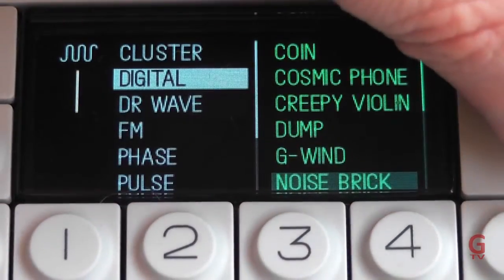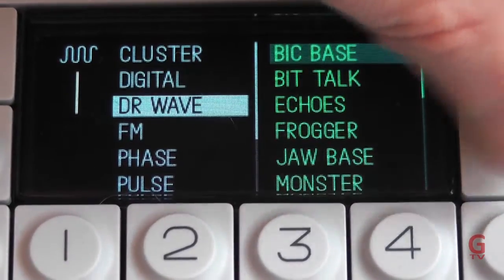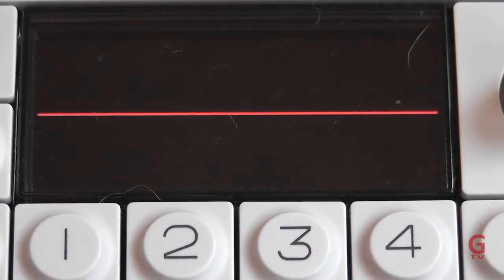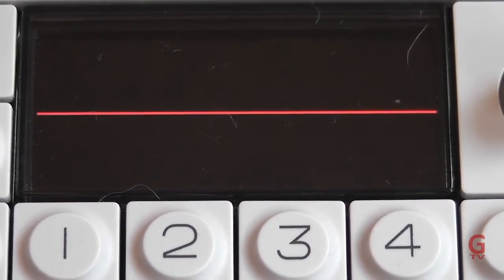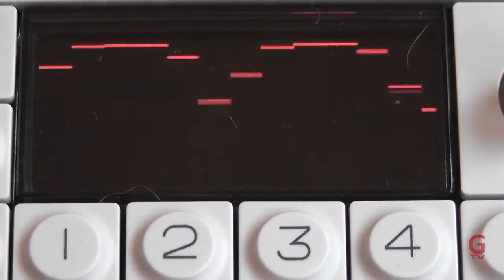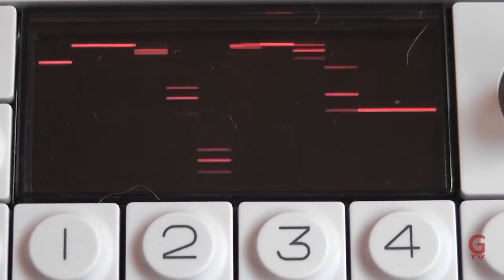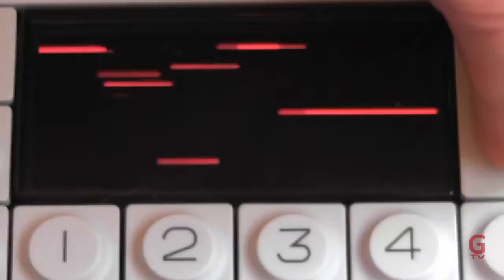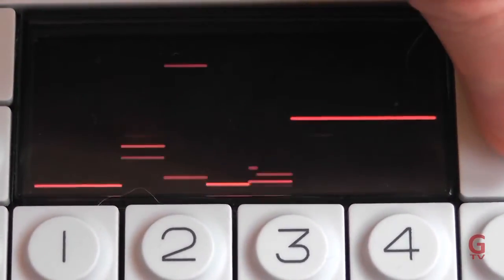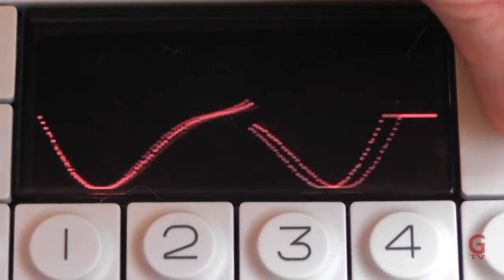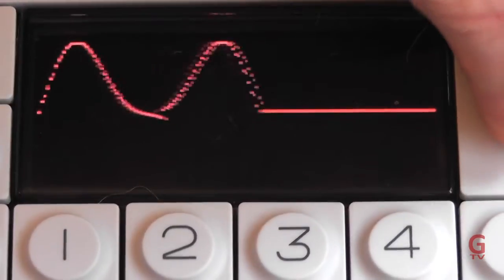We'll have a look at the Dr. Wave. Looks quite boring, but once we get into this, you'll see that it does cause some quite powerful and thick sounding timbres. And again, you can adjust the blue parameter for the wavelength, as you can see it breaking up into different elements,